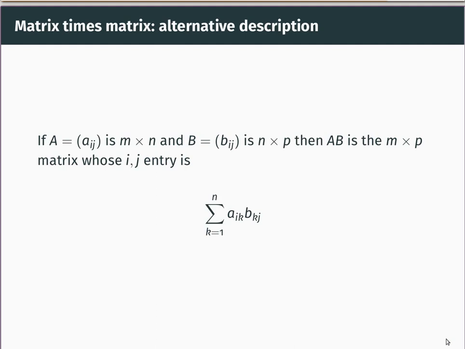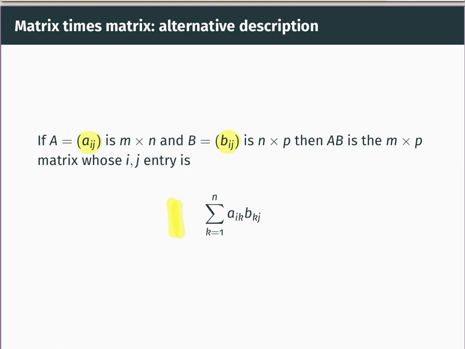But there's also an alternative way to write the matrix multiplication rule, which is more useful in proving properties of matrix multiplication than it is to actually practically compute matrices. So here is that alternative description of the matrix times matrix multiplication we've defined. If you have a matrix A whose ij entry is little a sub ij, and if you have a matrix B whose ij entry is little b sub ij, and if those matrices have the correct sizes so that you can multiply them, so here A will be m by n and B will be n by p, then in that case AB is the m by p matrix whose ij entry is given by this formula here. So the ij entry is the sum from k equals 1 to n of little a ik times little b